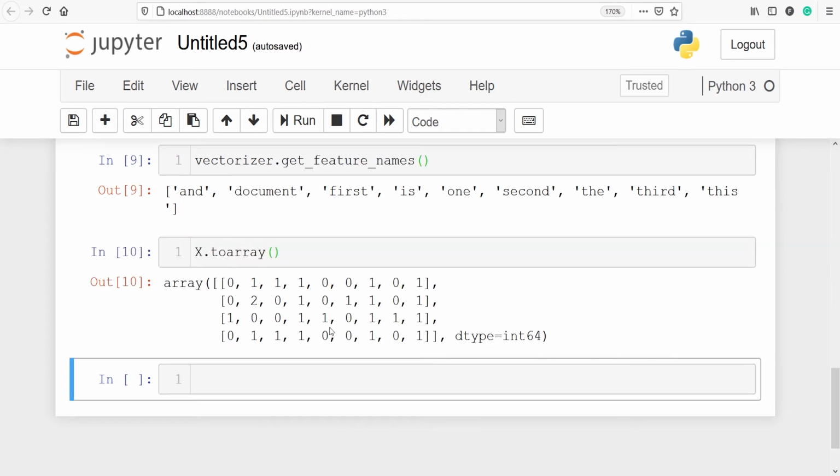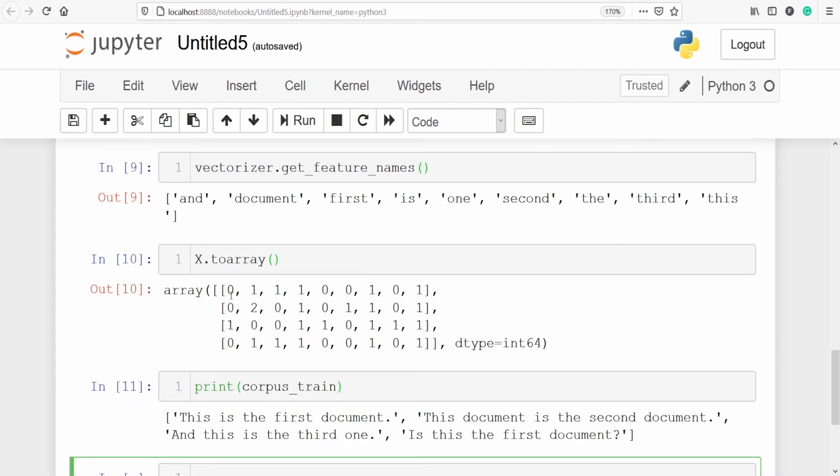The numbers 0, 1 and 2 have some meaning. 0 indicates that the feature name is absent in the sentence. 1 indicates the feature name is present once, and 2 indicates the feature name is present twice. I'll explain this. I'll print our corpus_train.